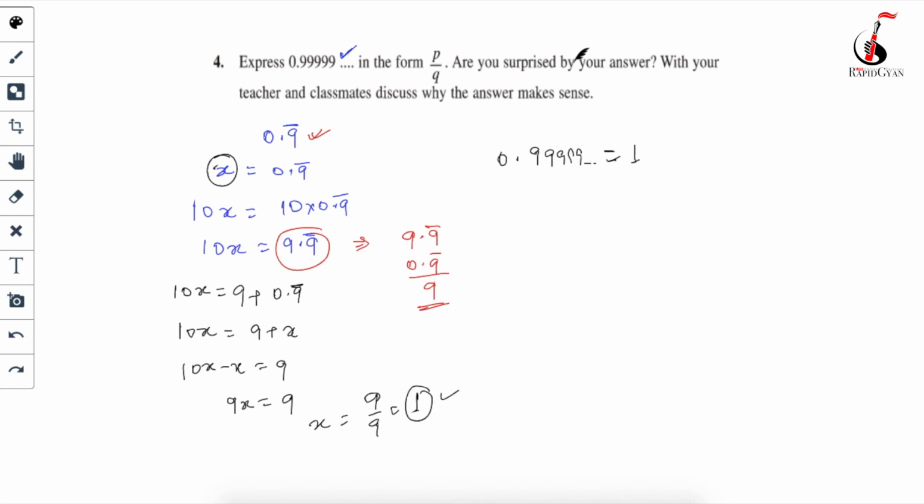Okay, so of course, are you surprised by your answer? Yes, we are surprised, because 0.9999 cannot equal 1, but my answer is coming 1. These are a few questions in maths where our logic simply fails, but it's fine, you can write it. So yes, we are surprised by the answer. Actually 0.9 bar is not exactly equal to 1, but I can write that 0.9 bar is almost equal, equivalent to 1. So that's it. Let's go to your next question.